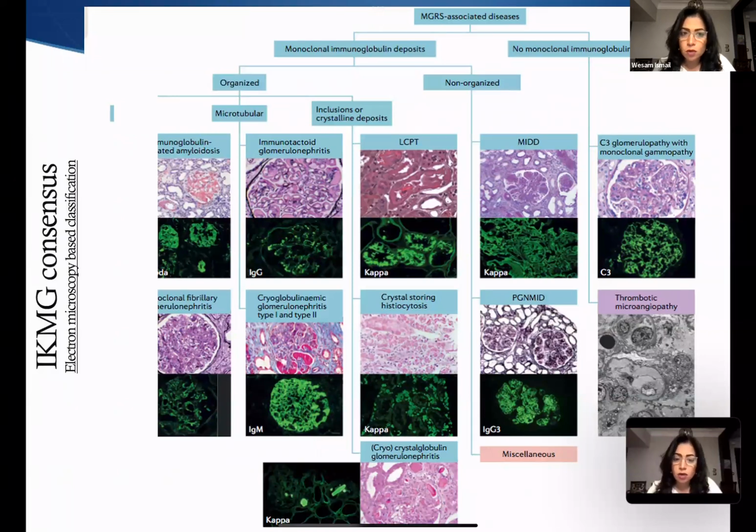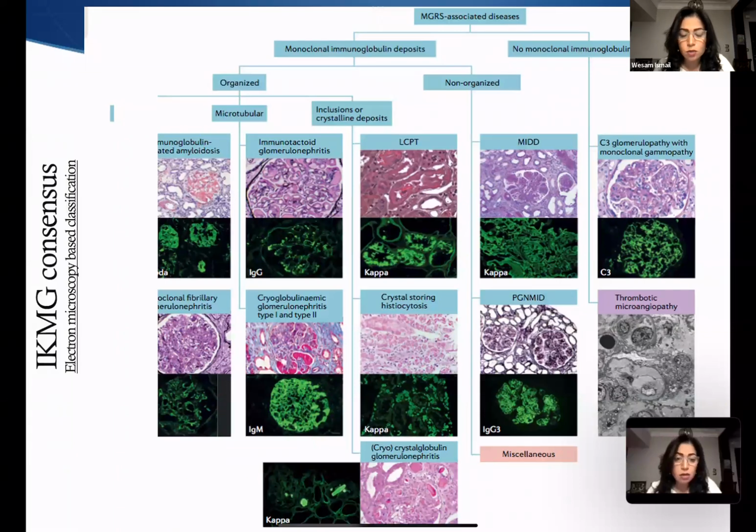And these monoclonal immunoglobulins could either be organized, so they can give you a pattern, whether fibrillary or microtubular, like immunotoxoid, amyloidosis, fibrillary GN, or they can have inclusions or crystalline deposits, like what we've seen in our case, light chain proximal tubulopathy, or crystal storing histiocytosis, or cryocrystalglobulin glomerulonephritis,